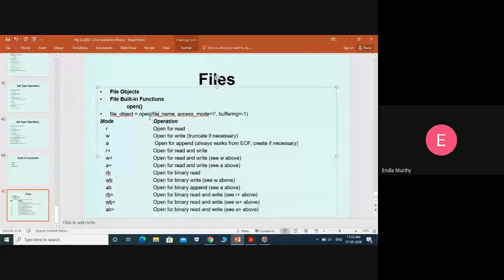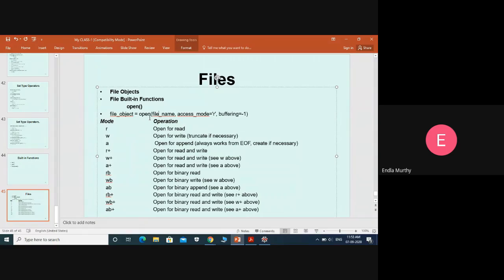You need not worry if you are not getting these things. Let me show some examples so that you get a clear idea of what these modes are. Initially, try to understand the basic things, like what they are. If we go through some examples, then you may get a clear idea.